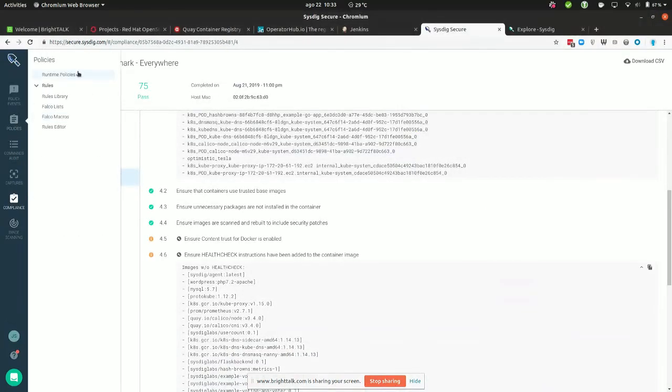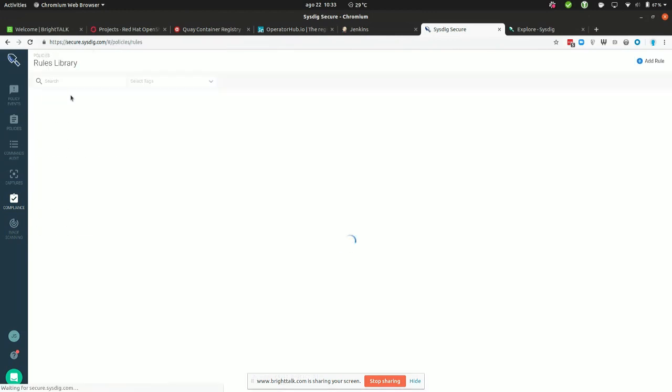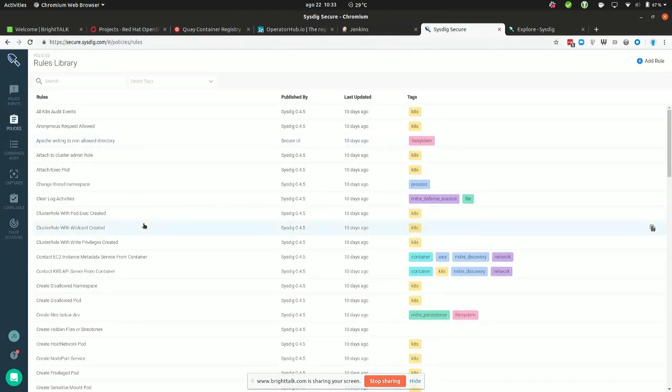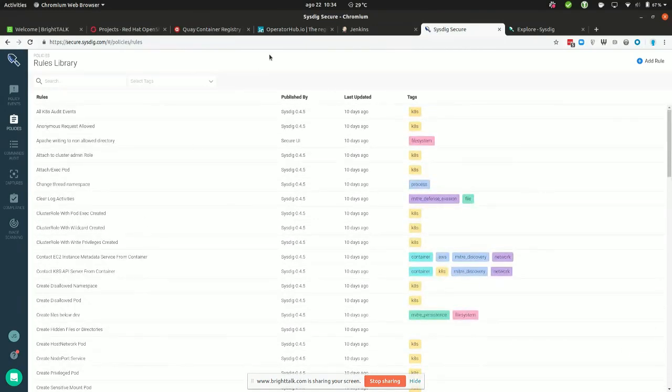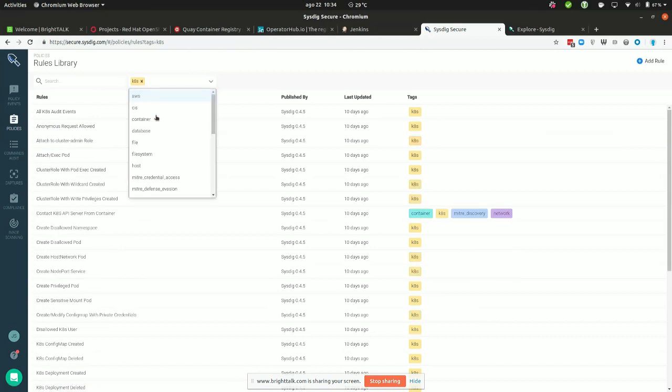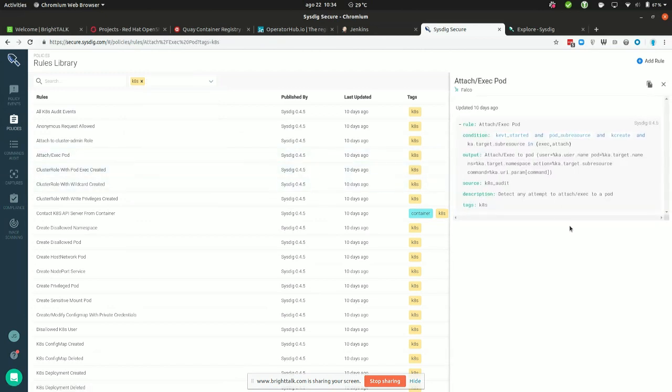So, as I was mentioning before, Falco provides a default rule set, or Sysdig has a default rule set based on Falco rules, and we have different categories that we can bring together. So imagine you wanted to look at Kubernetes or OpenShift rules. And the interesting thing here is that, for example, if I want to audit things that the users are doing against the OpenShift or the Kubernetes API, I can actually write rules for that. So to give you an example, and this is when I was mentioning being able to have control of how the things under the hood work,